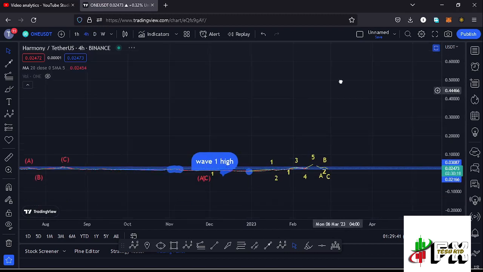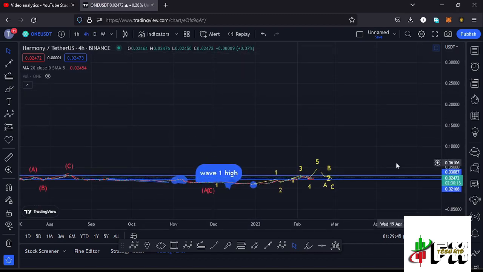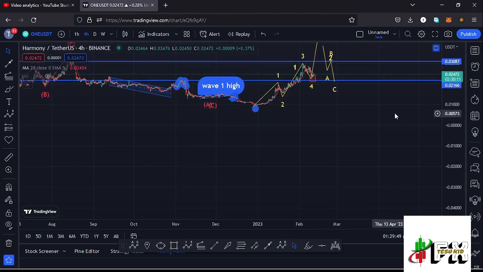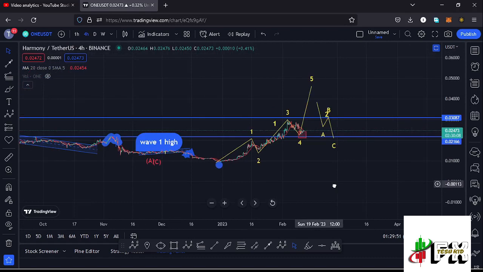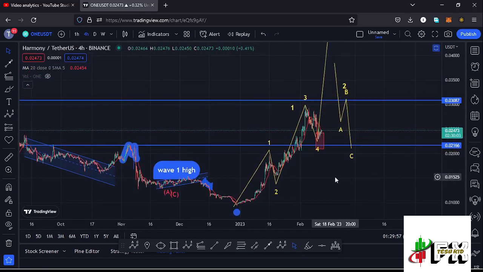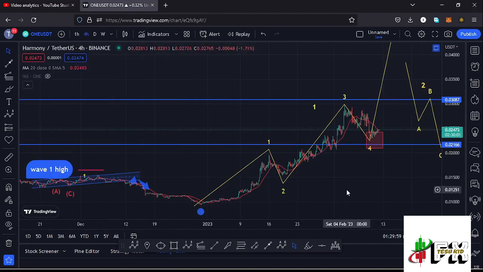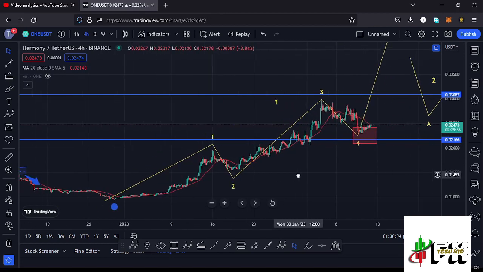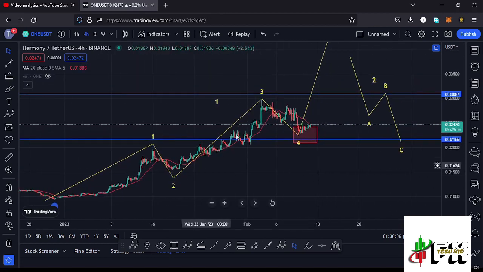Jumping to the 4-hour chart to give you the short-term scenarios and my next price targets on the HARMONYONE chart, you can see that after making our lower low at around the $0.009 mark, we started a massive bounce to the upside, obeying the Elliot structures, which I'm terming the first wave to the upside. Then we saw this corrective structure in the formation of wave 2 before we started another bounce to the upside in the formation of wave 3, giving us a peak at around the $0.0297 mark.